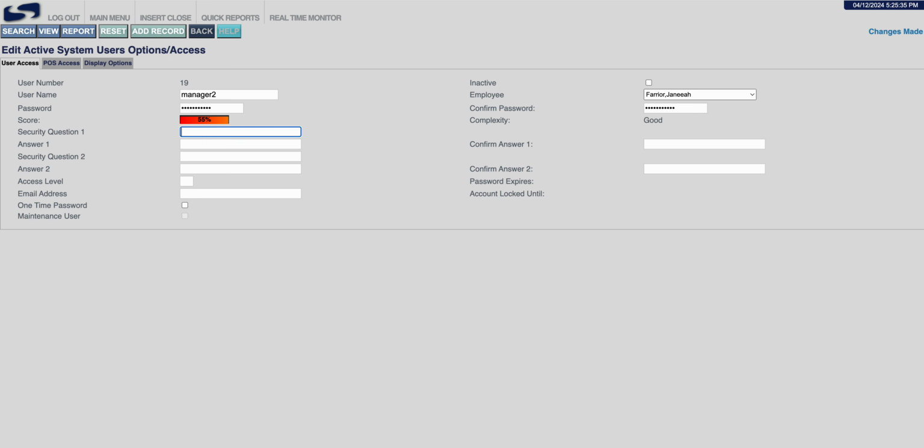I go ahead and ask a security question. This is going to be useful when I'm trying to reset my password. It's going to ask me for the security questions. Access level should be 50. When I enter the manager's email address,